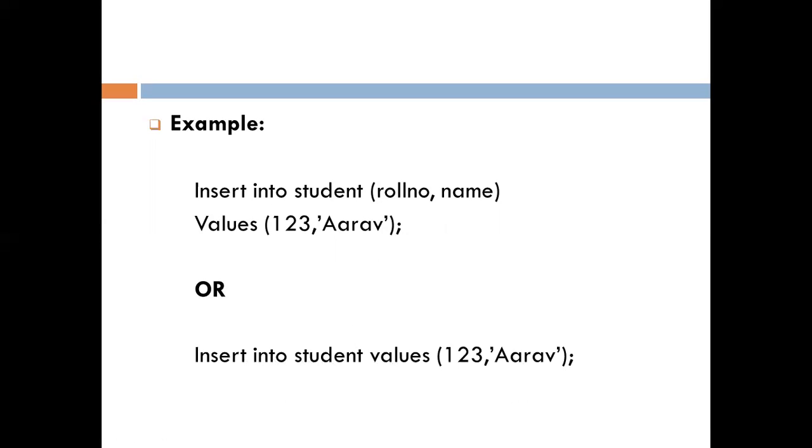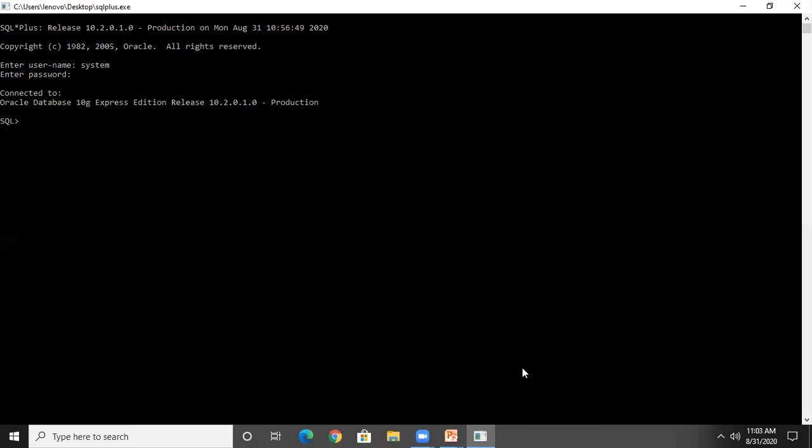Now we will see this practically. First check for the table. Suppose we are working with the account table. Is the account table available or not? We are checking for that. Yes, it is available. I have an account table in which I have 3 columns: account number, balance and B name. The account number column contains data type character, the balance column contains data type number, and the B name column contains data type varchar2.